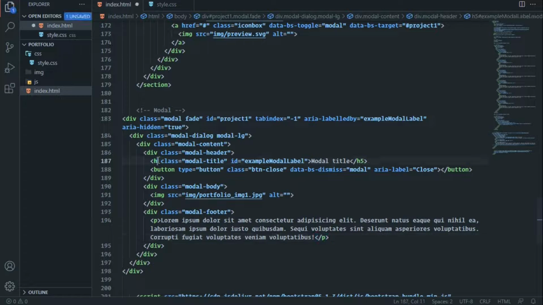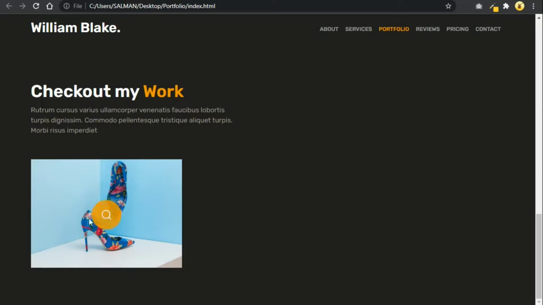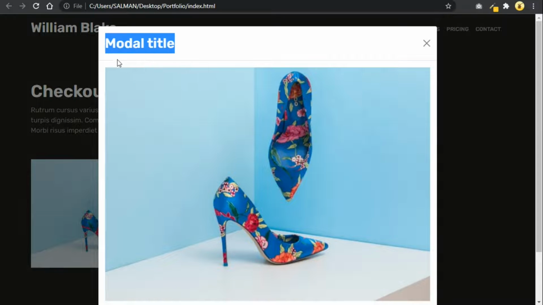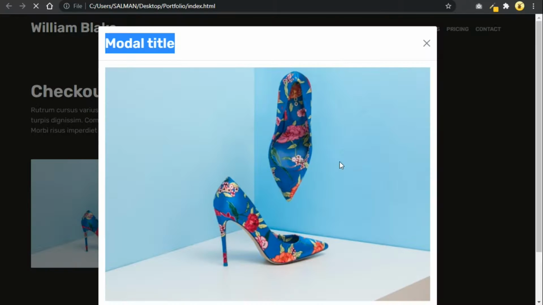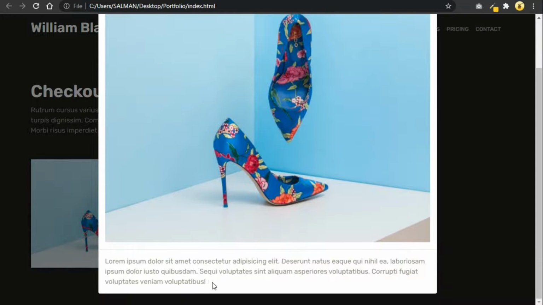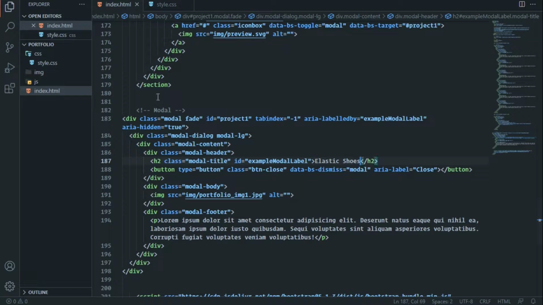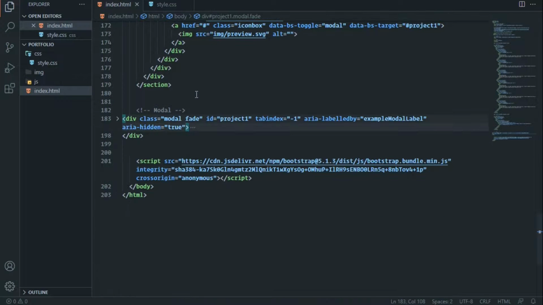This should be H2. Save it and refresh. Okay, so you can put the title for the project. So this is the title for the project and this is some description. Okay, so I'm gonna copy and paste